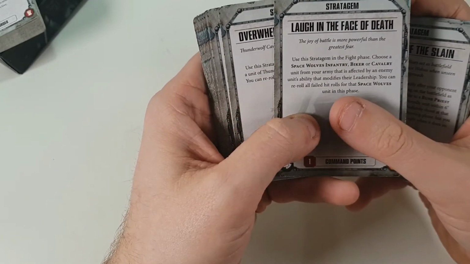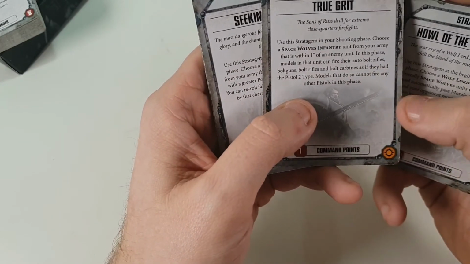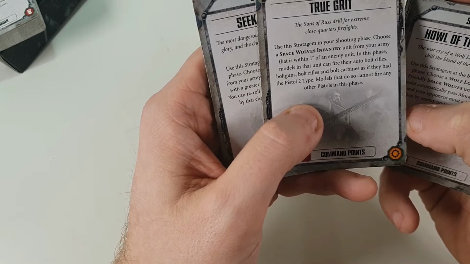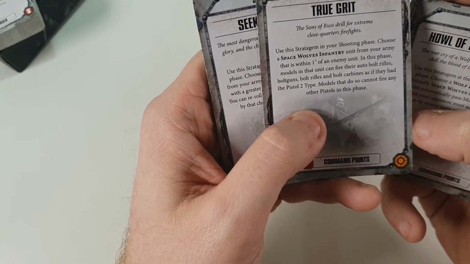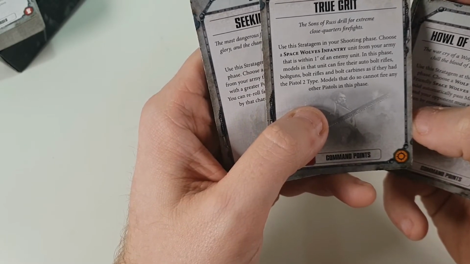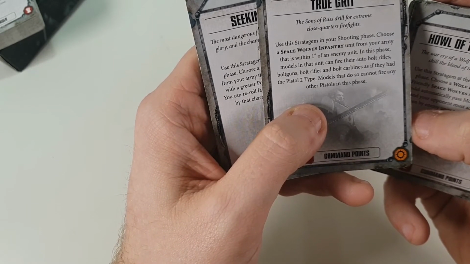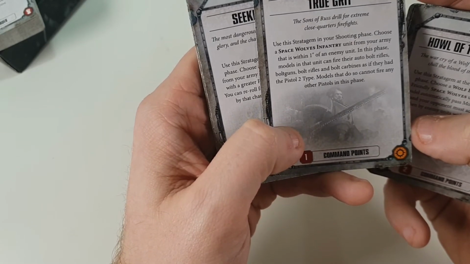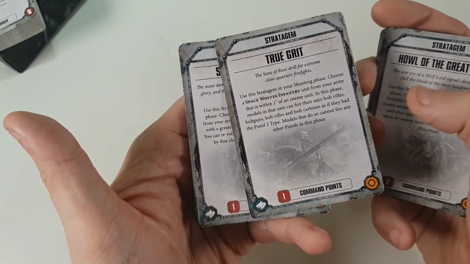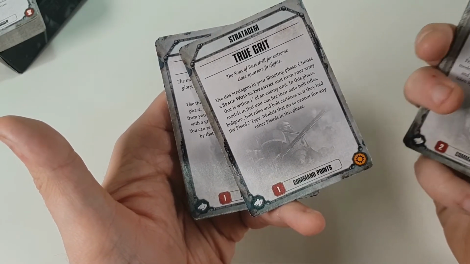Tears of the Slain, Laugh in the Face of Death. So all these are right here. True Grit. Using this stratagem in your shooting phase, choose a Space Wolf infantry unit from your army that is within 1 inch of an enemy unit. In this phase, models in that unit can fire their auto bolt rifles, bolt guns, bolt rifles, and bolt carbines as if they had a pistol type. Models that do so cannot fire any other pistols in that phase. So basically, if you're in assault during your shooting phase, use this stratagem for 1 point and you can shoot,